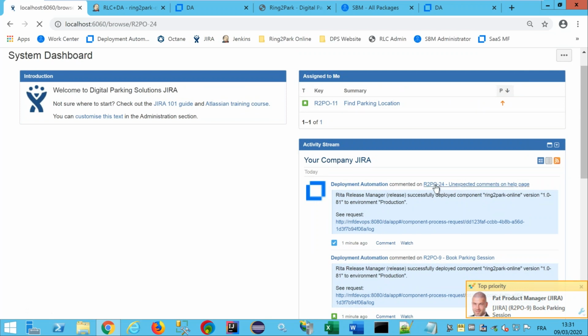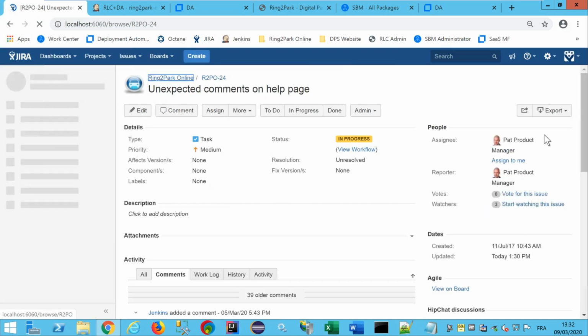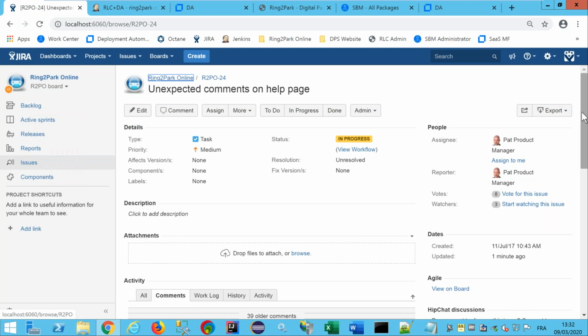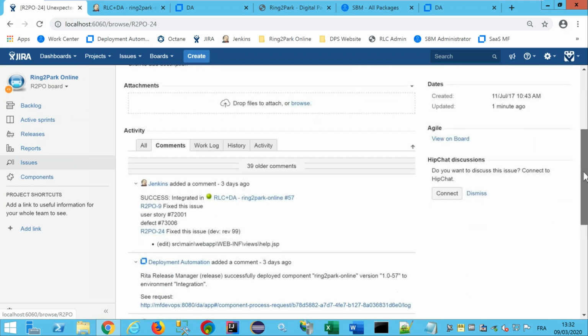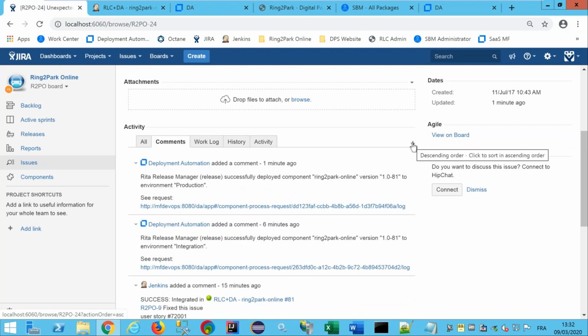And you see in Jira, if you have a look at the history for this specific ticket, you can see that the deployment into integration and into production were tracked.